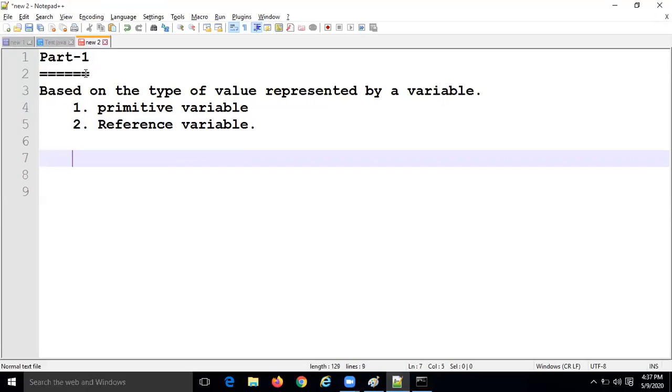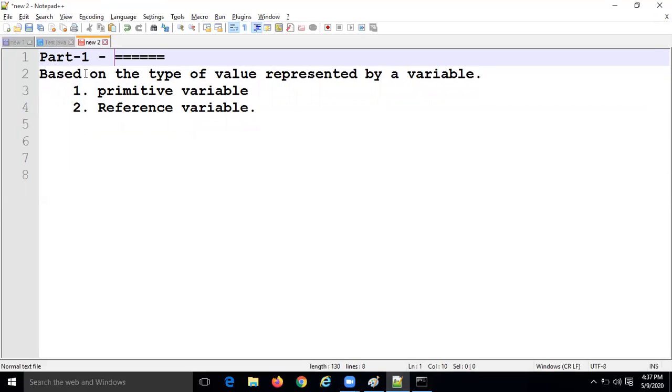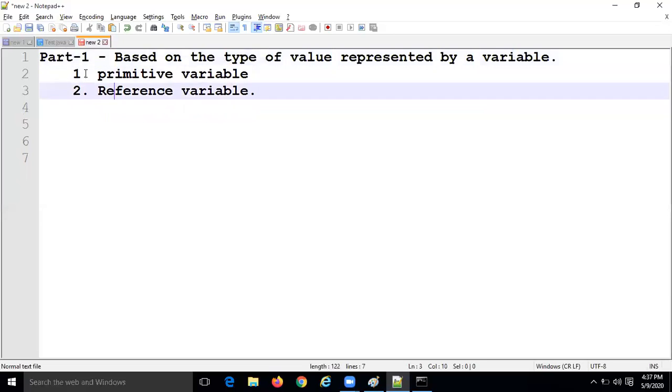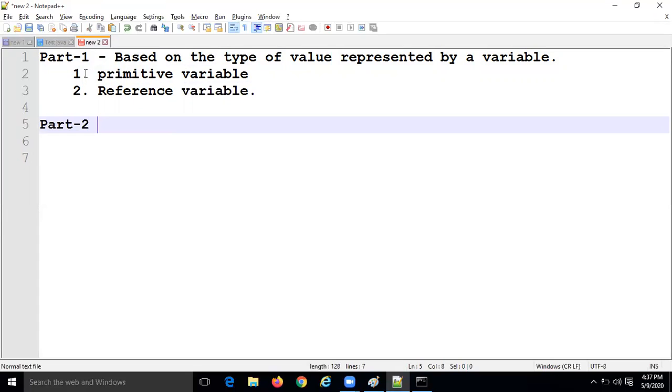Right? Part 2. Part 2 basically is based on the behavior and position of declaration.